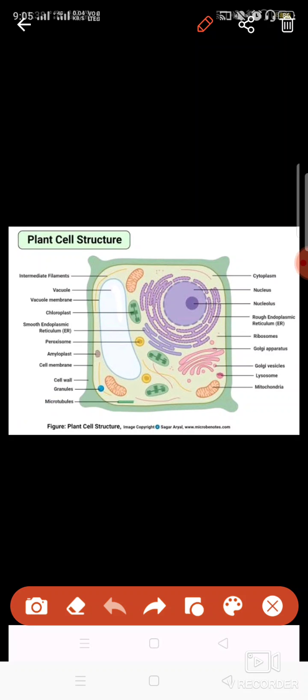Microtubules, providing extra strength. Okay, then granules, these granules can be oil granules or protein granules, whatever substances are present, or the starch granules. Other kinds of substances can be stored in the form of granules, and you will find these are floating in the cytoplasm. Okay, so this is the same structure. Peroxisome, same function. Hydrogen peroxide is going to be converted into less harmful water and oxygen. And intermediate filaments, these are the same like the tubules.